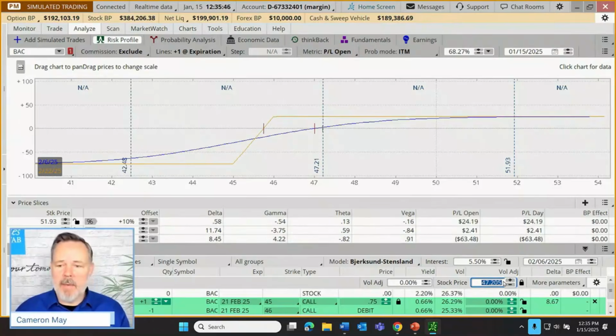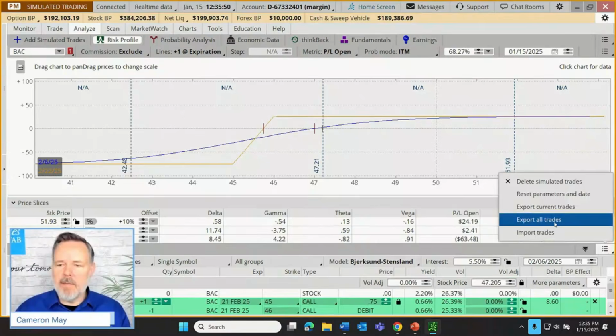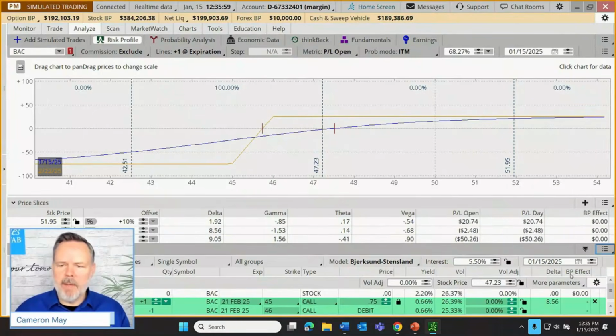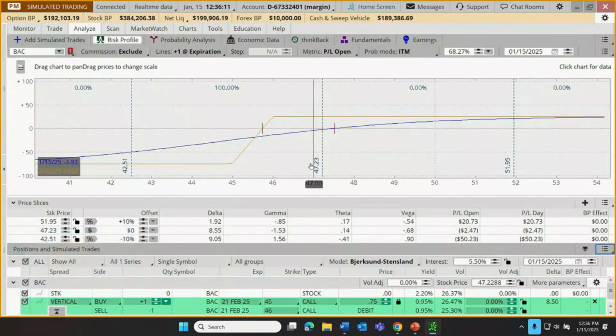If we change the stock price, what do we suppose is, like, let's set this back. I'm going to click here, reset. Another reset function exists right here under this menu. I'm going to reset the parameters of this trade. There we go. Just sets us back to January 15th. In any case, let's now keep an eye on the performance of this trade. If we're starting off at $47.23, we're a little bit underwater on this trade.